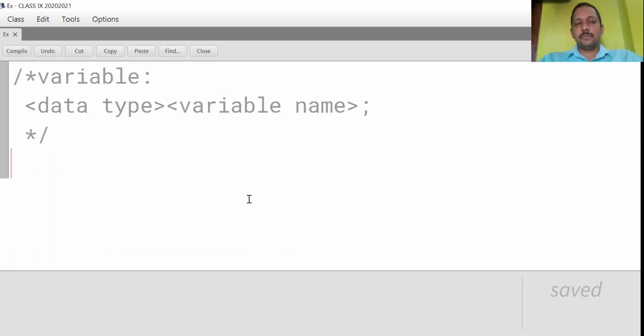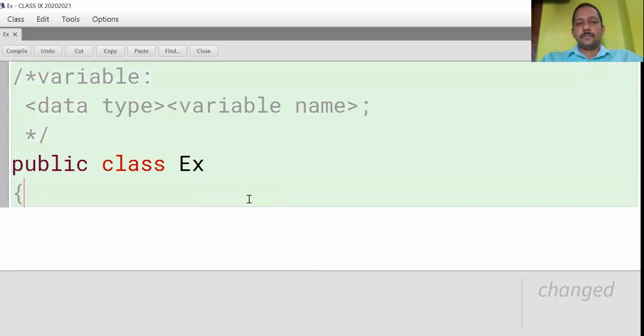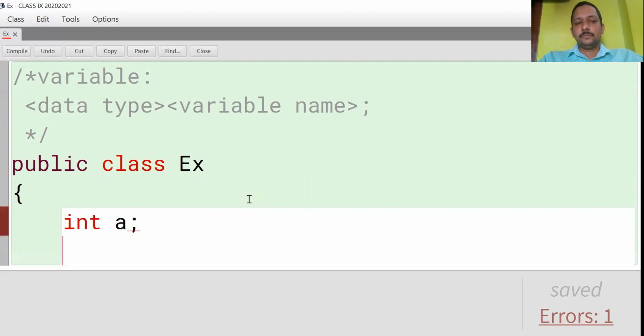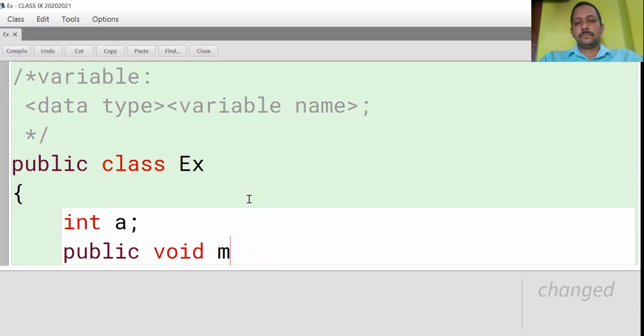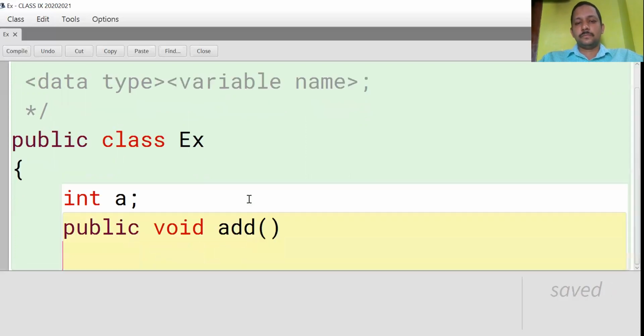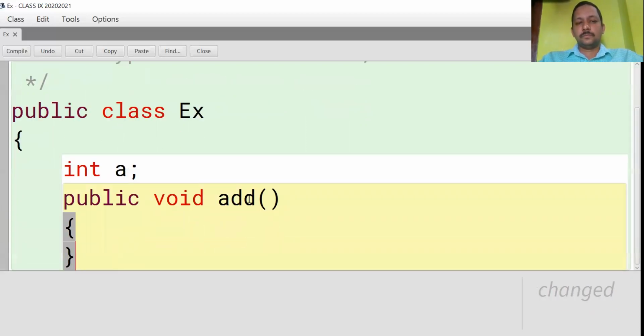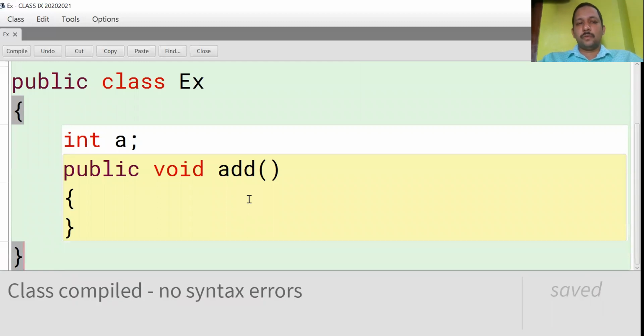Now see the example. Compile, no syntax errors. Here see, what is the data type I am using here? Int. Space variable name is what? Yeah, only one variable I am using.